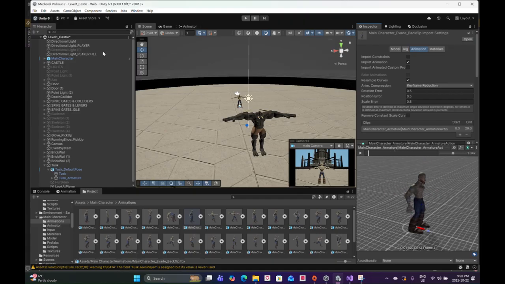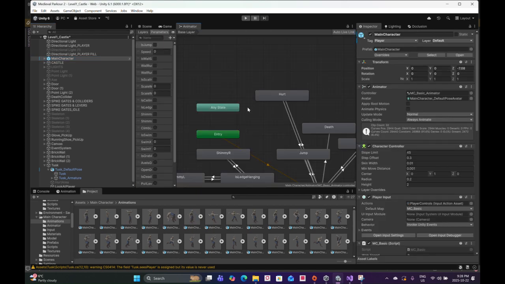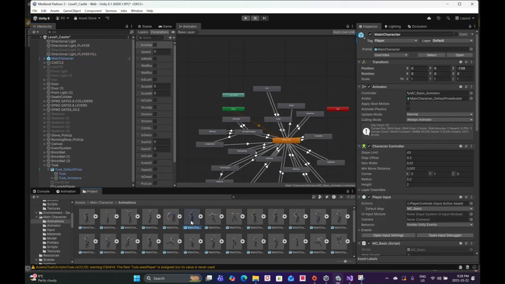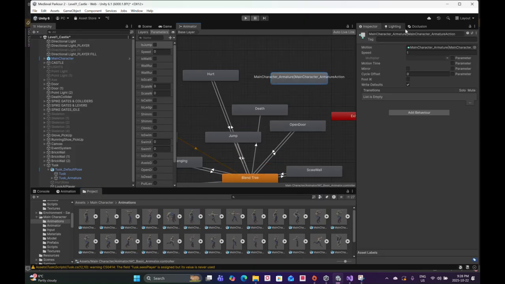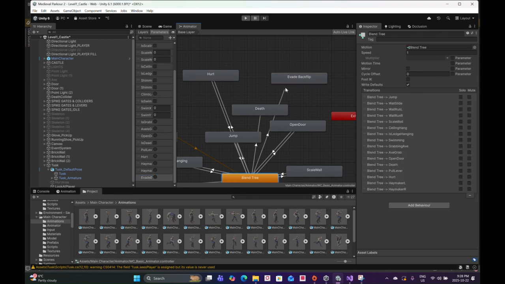So I'm going to go into the animator and I'm going to drop it in here, rename it evade backflip, and we'll do a trigger, evade backflip, and it's going to go from blend tree to